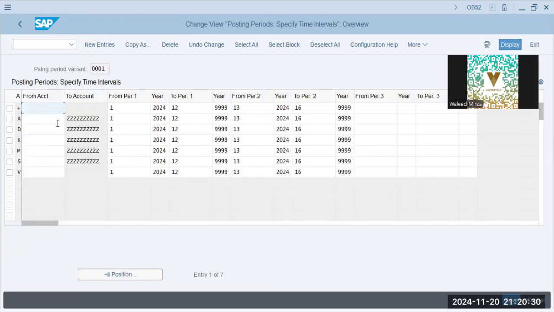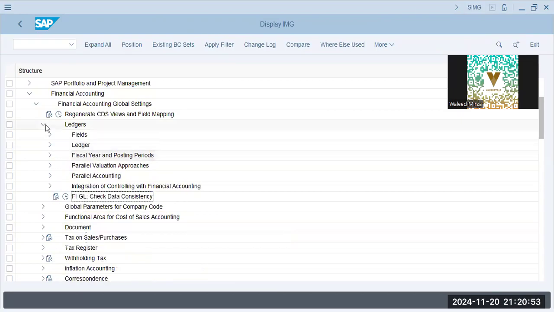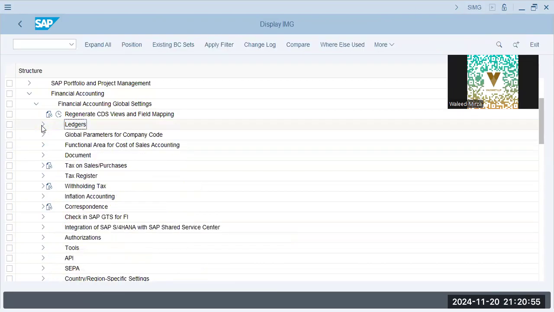Now over here we have ranges for every period, 1 to infinity, 13 to infinity, and the periods are open for 0001, and we have all of the sub-accounts. So now we can actually make transactions in our accounts, in our sales order and objects. Okay. Now, since this is done,